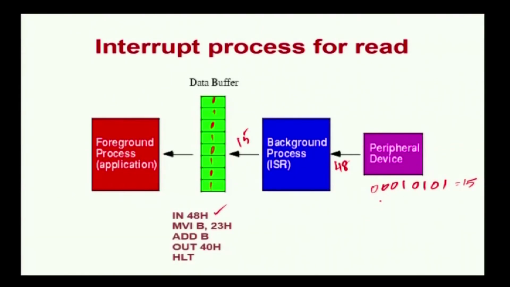The accumulator value is 15. Now, adding it with 23, which is 0 0 1 0 0 0 1 1, the addition gives 0 0 1 1 1 0 0 0. So, finally, we get the value 38, that is 23 plus 15 is 38. Now we want to display the 38 on the LED. So, again I want to enable another port which is 40. Now the content 38 will be transferred to the output device. Now, the corresponding LED will be on and off. This is the way of the interrupt process for the peripheral device.